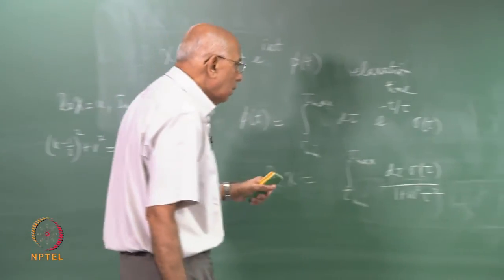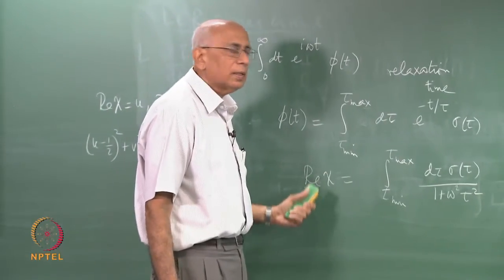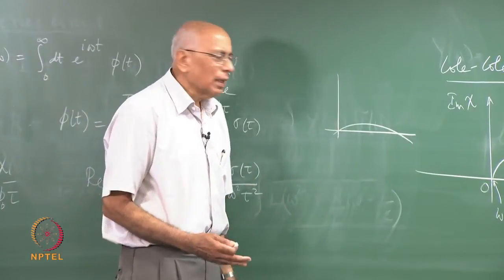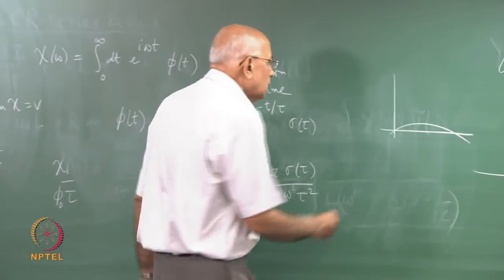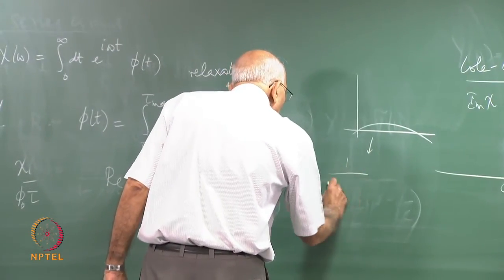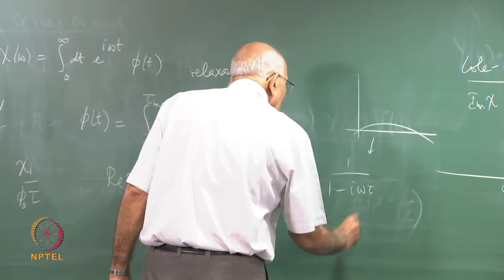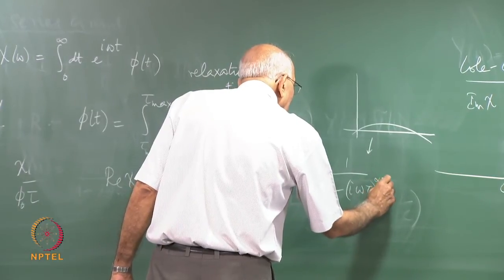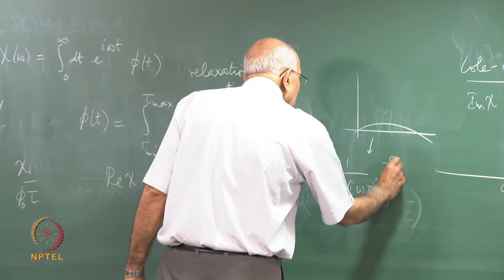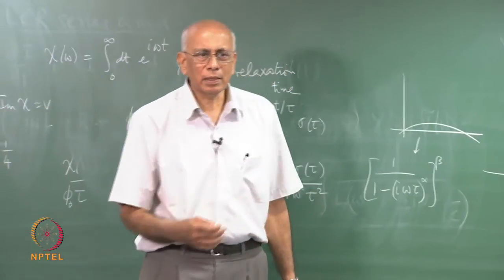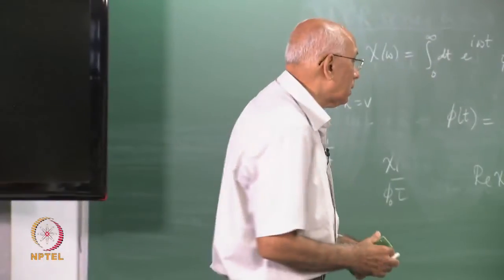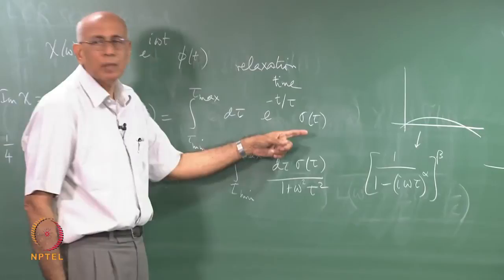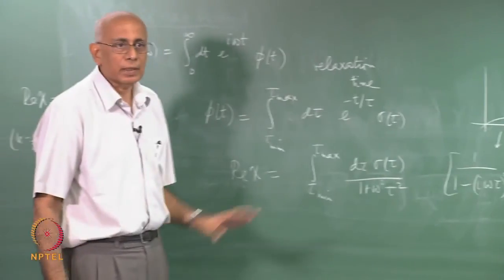Now this is a microscopic approach to it, in the sense that it is not entirely phenomenological. What people would do here is to try to modify empirically, they try to modify the Debye form. For instance, they write a thing like not 1 over 1 minus I omega tau, but 1 minus I omega tau to some power alpha, and then the whole thing to some power beta, and so on. All sorts of parameterizations are used completely empirically, but this is a more physical approach to it, because it says you must tell me something about the microscopic mechanics, and then I compute what this spectrum of relaxation times is,